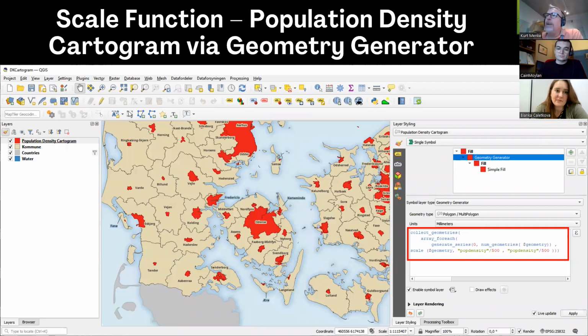Have you guys heard of cartograms? A cartogram is where you change the size of a polygon feature based on a data value. It's used a lot for election data, for example. Here, there's a new function in QGIS at 3.24,